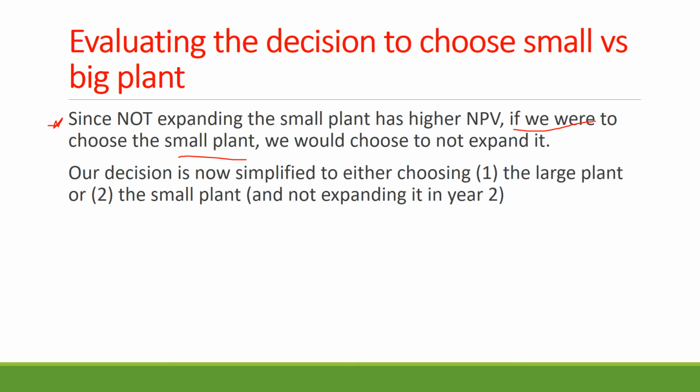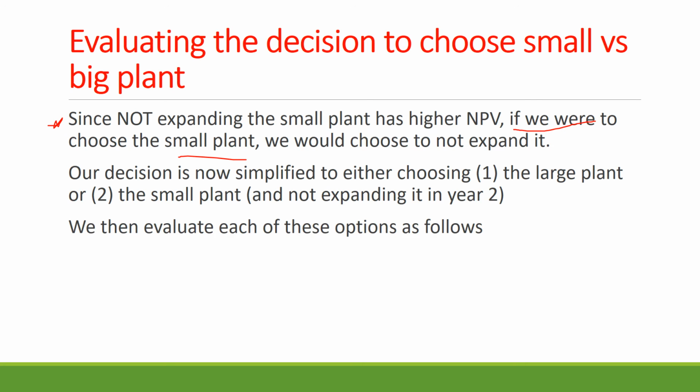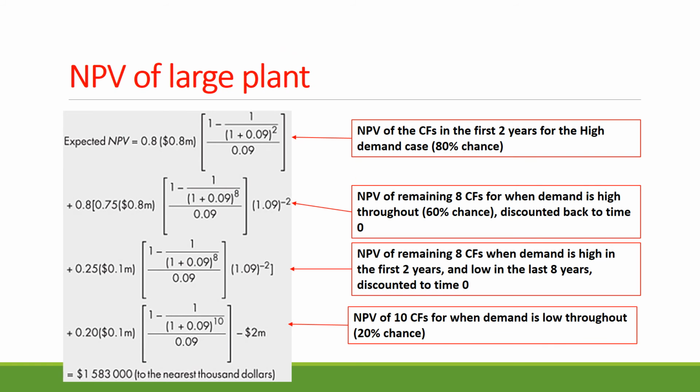So the choice now is very simple. We only have 2 choices, either to choose the large plant or the small plant without expansion in year 2, right? So if we look back at our decision tree, we can cross out the branches related to the expansion, right? We then evaluate each of the options based on that information. Yeah. So for the option to